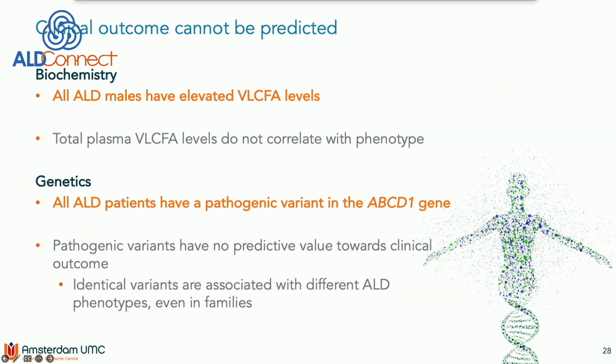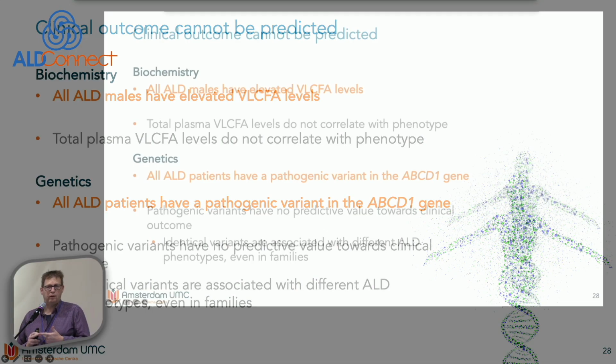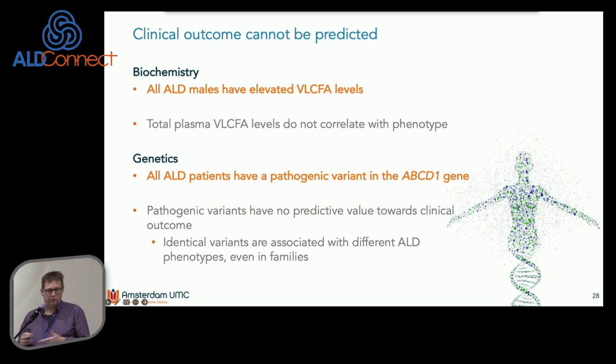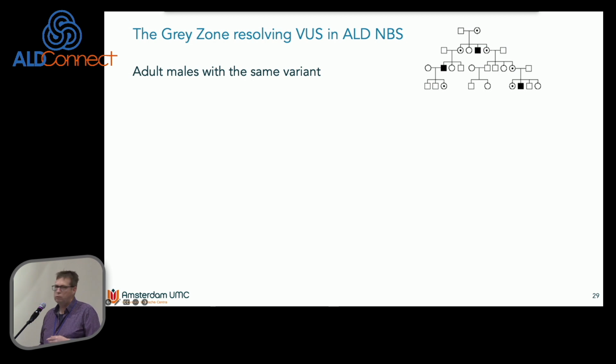And this is a slide that I showed you at the beginning. We have two facts. All ALD males have elevated lysophosphatidylcholines, or C20-lyso-PC, in the disease range. And all ALD patients have a pathogenic variant. We can use this knowledge for getting insight into these variants of uncertain significance. So what we do in this project: